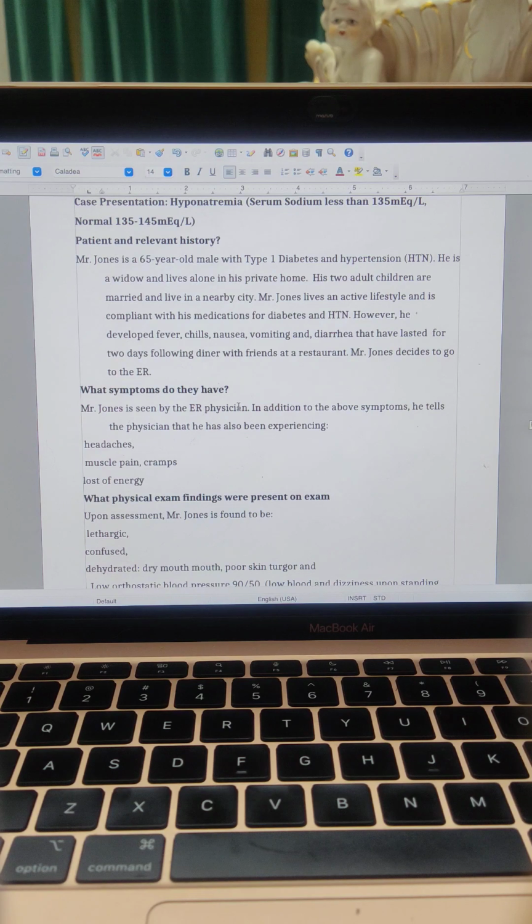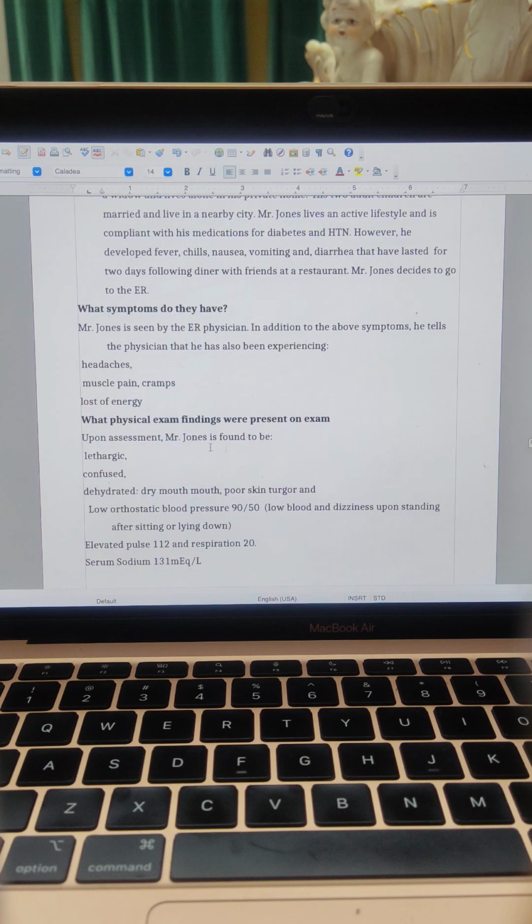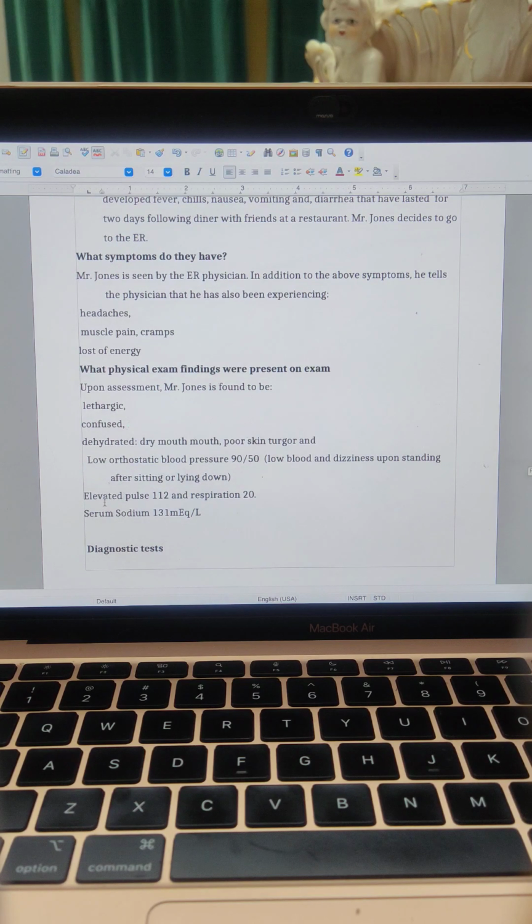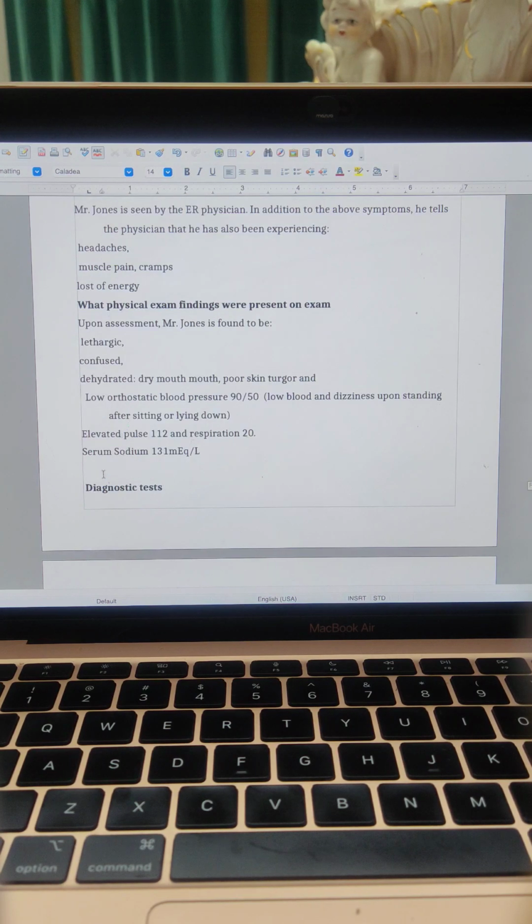So in the ER, Mr. Jones was seen by the physician, and in addition to the above symptoms, he tells the doctor that he's also experiencing headaches, muscle pain and cramps, loss of energy as well. Upon physical assessment, Mr. Jones is found to be lethargic, confused, dehydrated, with low orthostatic blood pressure, which is a low blood pressure and dizziness upon standing after sitting or lying down. He also had an increased pulse rate of 112 and respiration of 20, and his sodium level was 131 milliequivalent